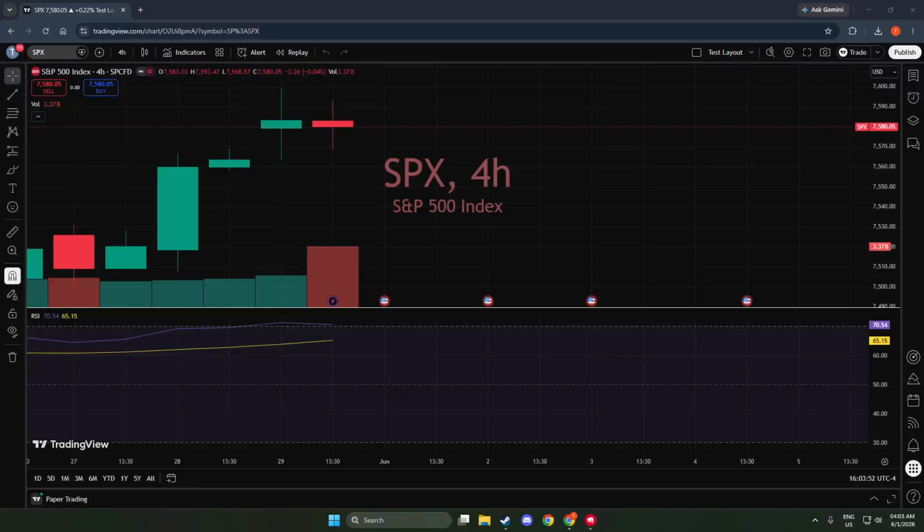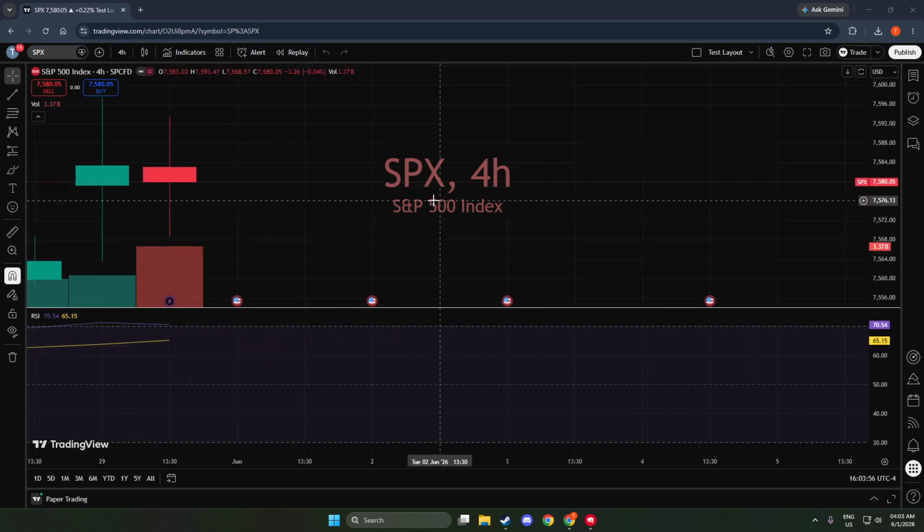In today's video, I'm going to teach you how to fix zoom on TradingView. If your chart suddenly looks squished, stretched, or you've lost sight of the price action altogether, don't worry. This quick method will bring everything back into view without changing your indicators, your drawings, or your layout. We're going to use the most reliable fix built right into the platform, and it takes just a couple of clicks.